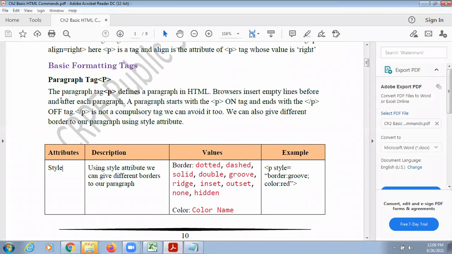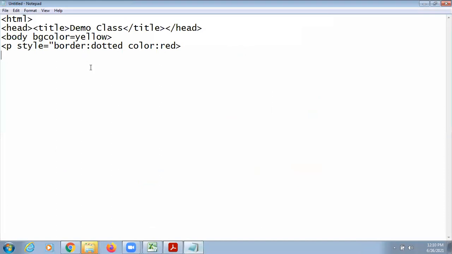So for writing my paragraph, I'm just going to copy and paste this. Okay, let's say I'm writing only: Hi, I am learning new features of HTML this year.